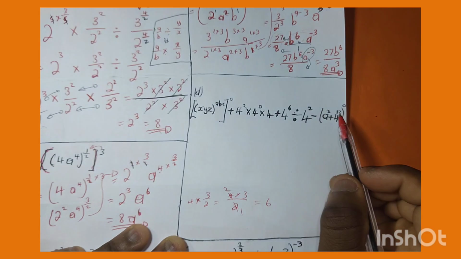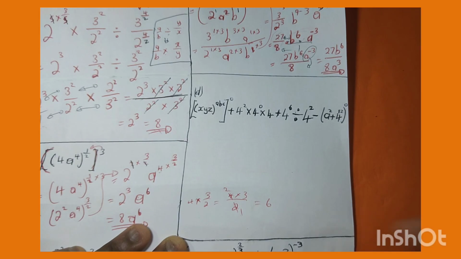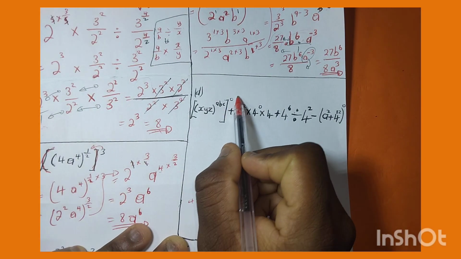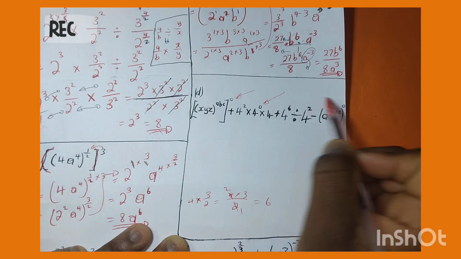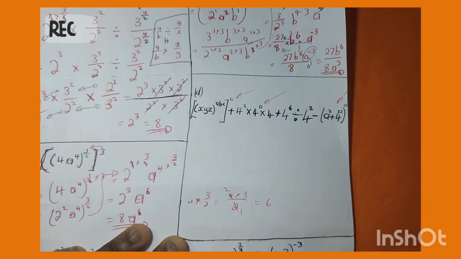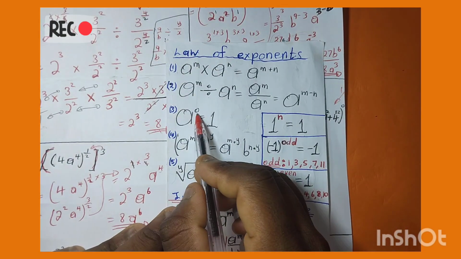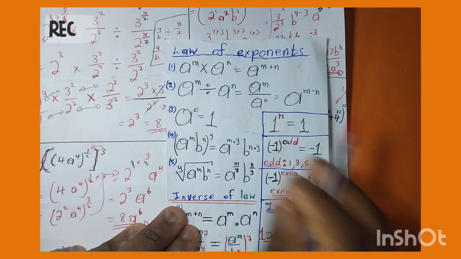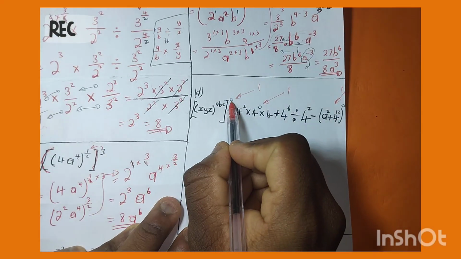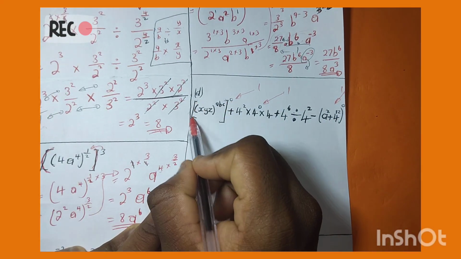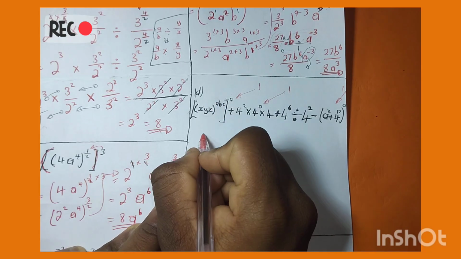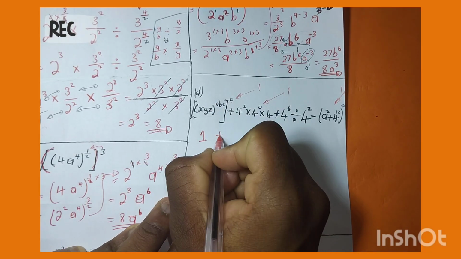And let me just do this question. This question, guys, is straightforward and easy. Guys, all the time, when you see exponent 0, everything there is 1. I told you here, any base that has exponent 0 is 1. So that 0, guys, is outside these brackets, meaning everything which is here is 1, plus, which